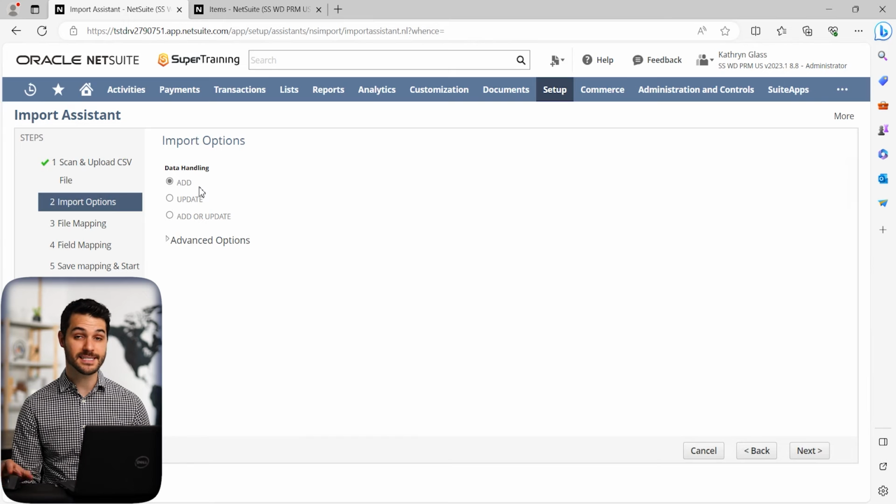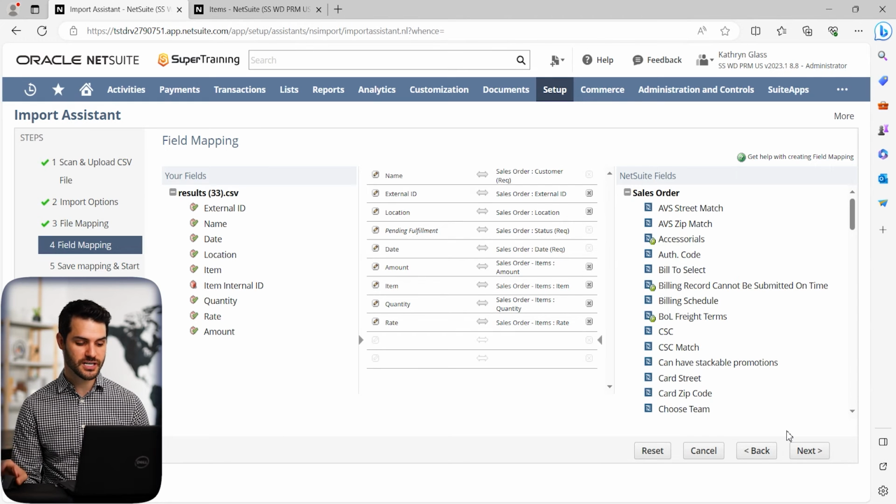We're fine with adding these. Now we didn't have them in there before, right? We're not updating something. Everything else went through. These remaining ones that errored out, they didn't go in at all. So all we have to do is add these ones. So we'll hit next. Okay, now here we do need to do something because notice we have this item internal